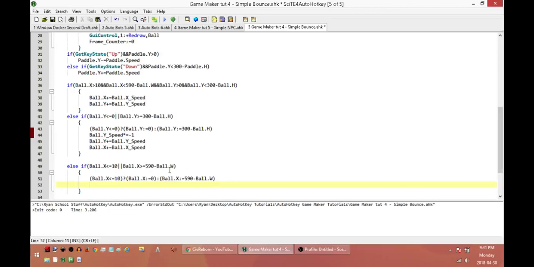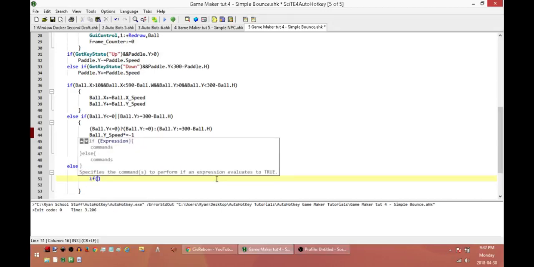You know what? There's another way I can do this. This would have been simpler if this was all it was doing, but if we hit along the x-axis, we're also going to be leaving a mark where it hits. So this isn't going to do for us. So instead, we're going to get rid of this and pretend we didn't have it. And instead, we're going to do if